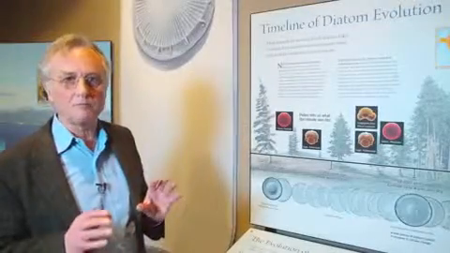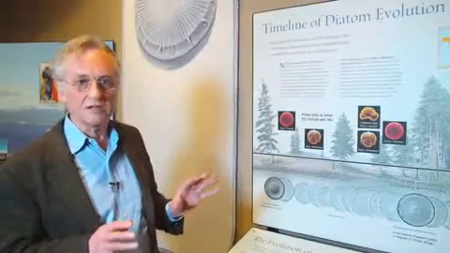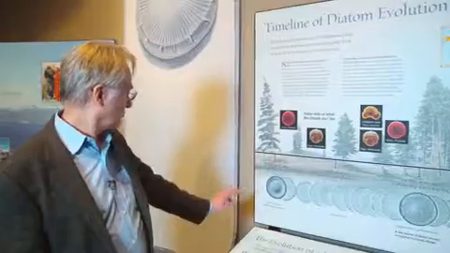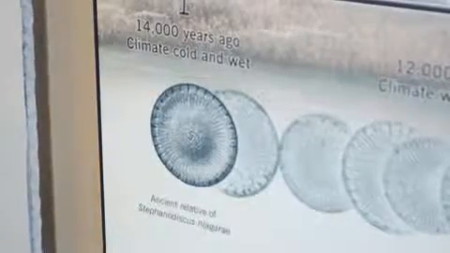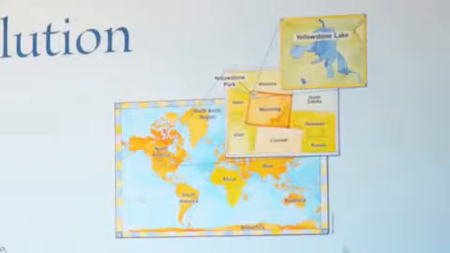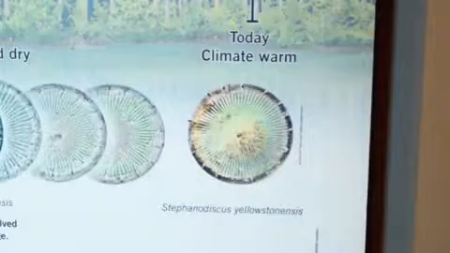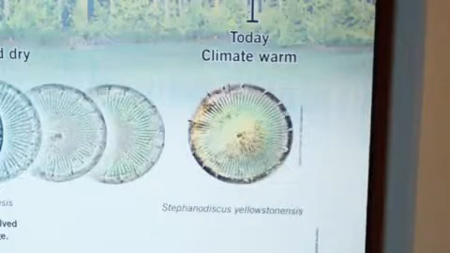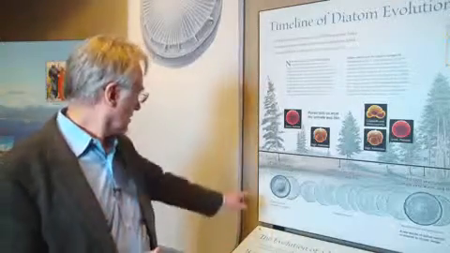If you look in ponds widespread over the United States, you'll find a diatom called Stephanodiscus niagarae. It's very, very common. But if you look in Yellowstone Lake, you find a unique species which is only found there, Stephanodiscus yellowstonensis. If you take a core sample from the mud below the lake, underneath the lake, you find